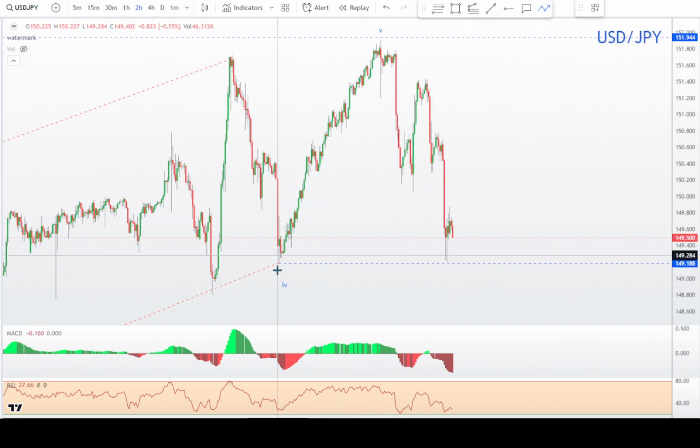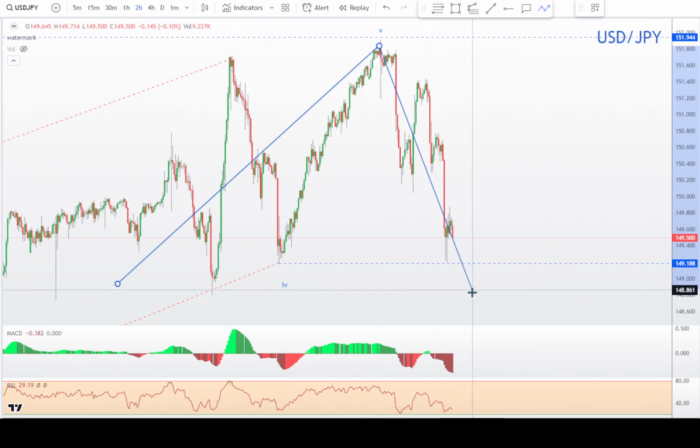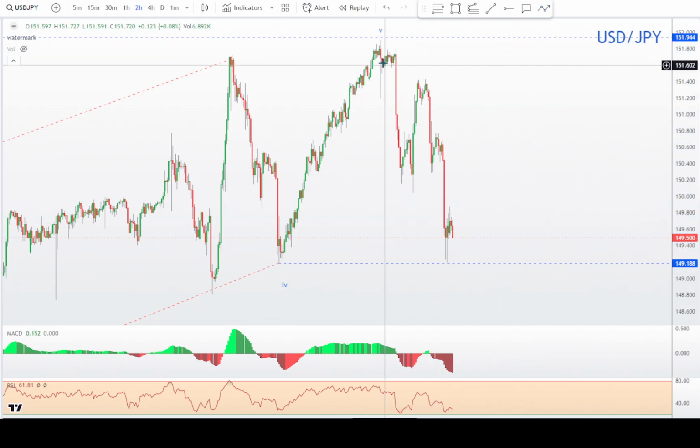technically done. So the 4 is at 149.18.8, and this wave down here came to 149.19.3. So 5 ticks from breaking. So once 149.18.8 is broken, then we can say that 5-wave move is done, and then all the correction. So technically, we really can't say that it's in, but